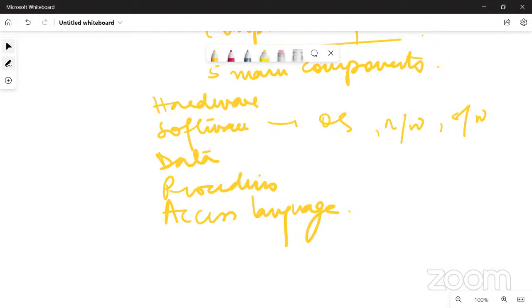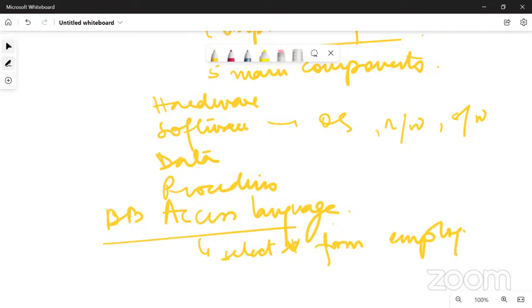Then you have the database access language. Database access language is the programming language which is used for operations like when you want to insert, update, delete, or modify something. So if you're working on SQL, you'll be writing a select query to select something from maybe an employee table.